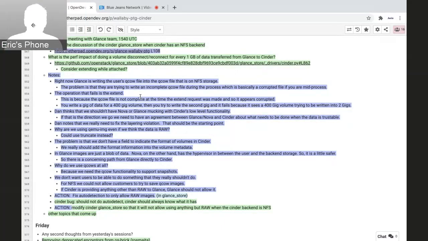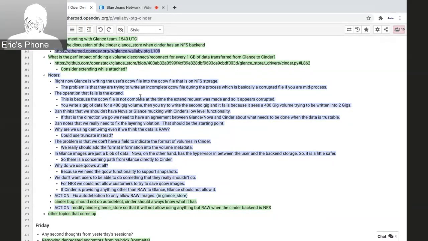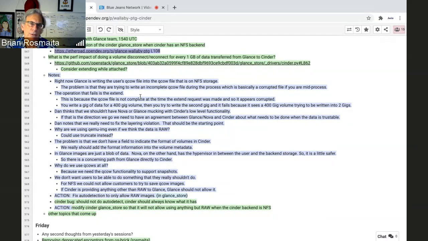Well, it seems like there may be cases where we can know the size in advance, and so then we could take advantage of that. And then in the other cases, you just get poor performance. Yeah, that would be pretty useful, to just request a volume that's big enough in the cases where you do know the size up front. I don't know how common it is to know the size up front versus not.